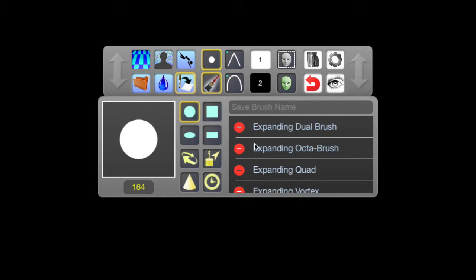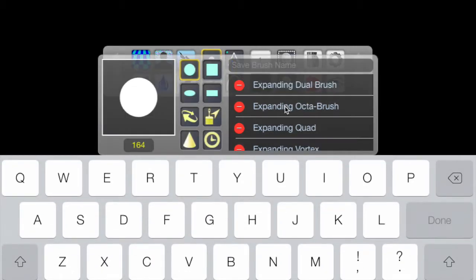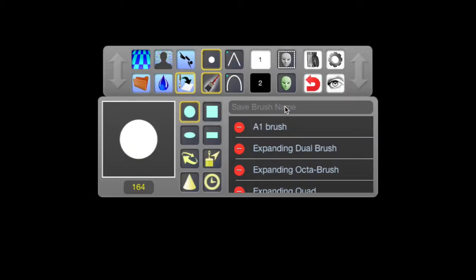One thing we did not discuss was saving and loading favorite brushes. You can create brushes with rotations and tapers and favorite shapes, and you can save them into your palette of brushes, which appears on the right here. For example, if we want to save our current brush, we would simply give it a name, A1 brush, and we see that it's immediately been added. Our A1 brush looks like this,